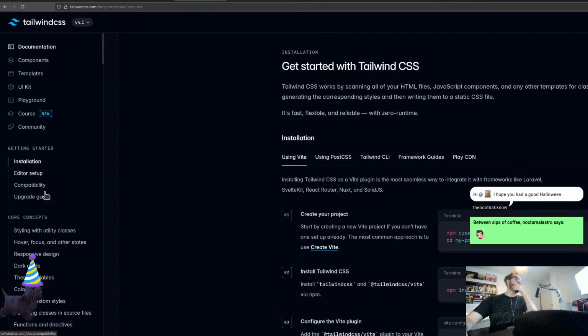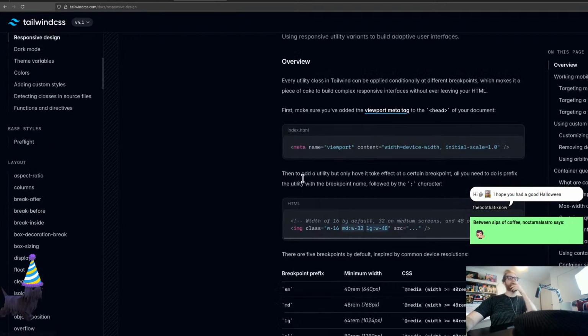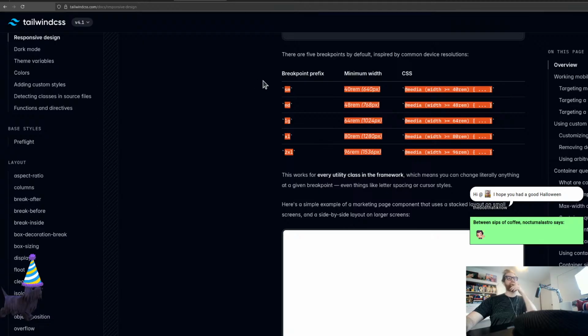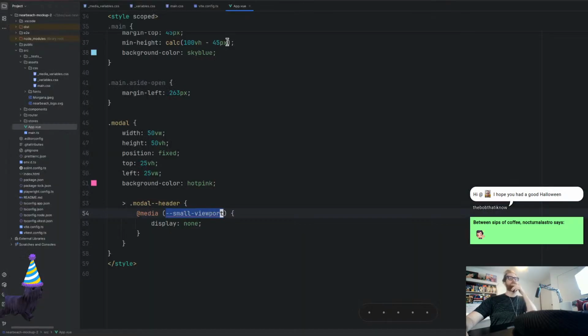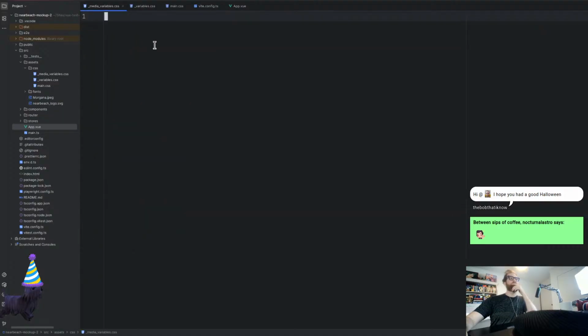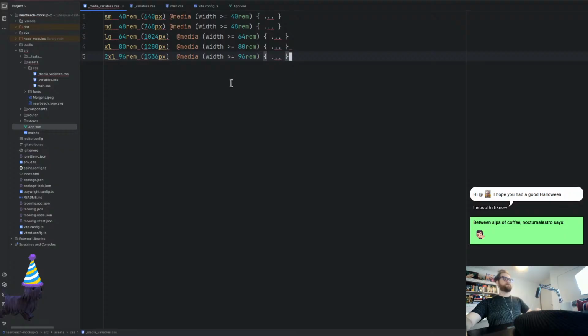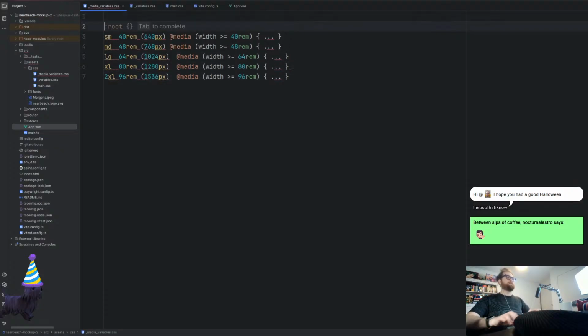It's usually up at the top, isn't it? Installation, style guides, responsive design, and then we're just going to copy this. Don't tell anyone. We want to go into media queries, and I just want to paste something in here. Sorry, I'm going to need both hands. Yeah, thank you. All right. So up here, what we want to do is go at custom media. We want to do,